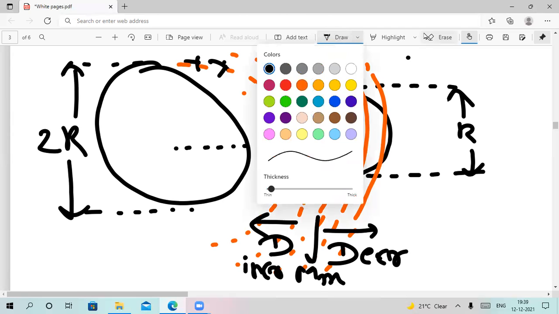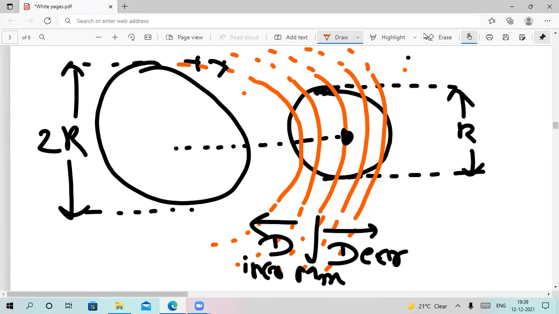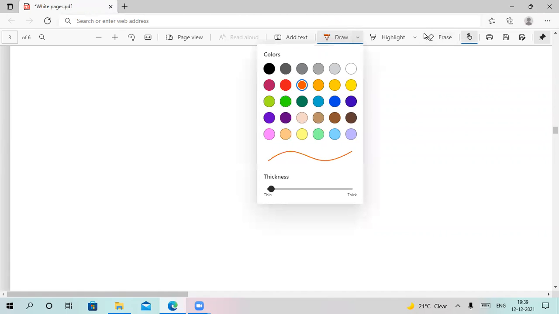We can see with clarity that this lens has the maximum curvature compared to this curvature or this curvature. So one point we conclude from here is that we will have